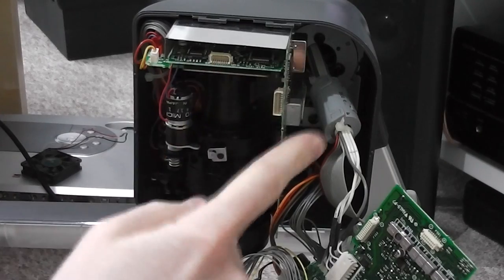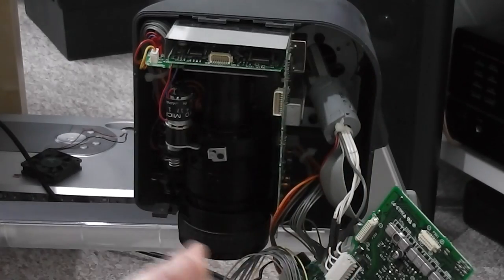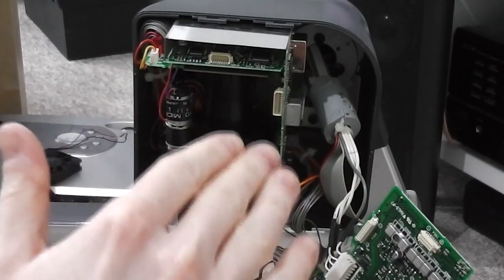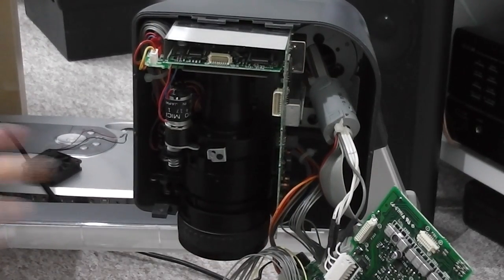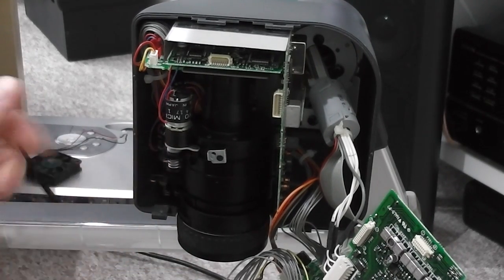On the side here there's two additional boards. This one was labelled power, and again just kind of clips in and will generate required voltages, things like that. This one on the back has actually got the sensor itself, so that'll be presumably doing low level video stuff. And on the side here, we've got a couple of motors for controlling